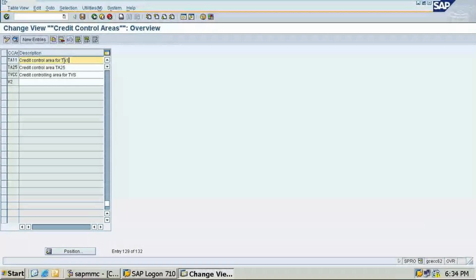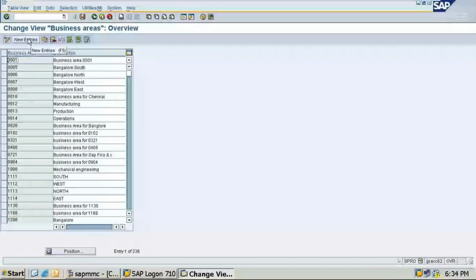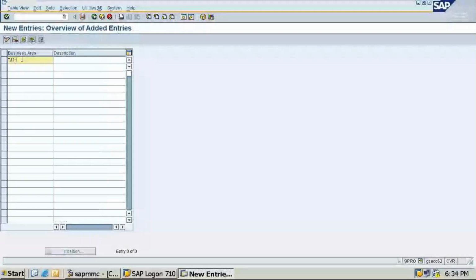Okay, click on save. Once data has been saved, you can come back. Next, what we have to do is Define Business Area. In Define Business Area, go to New Entries. Same TA11, here you can do business area for TA11. This is the company code which I am giving here. Click on this and this is also saved.